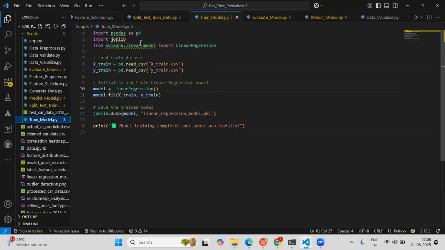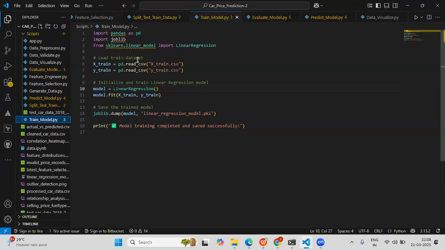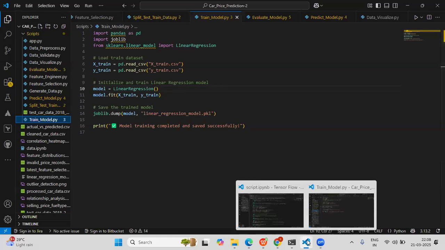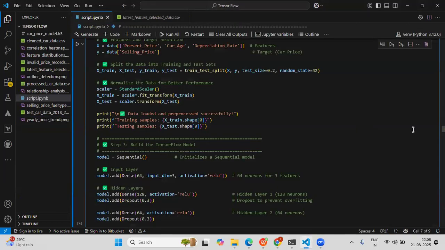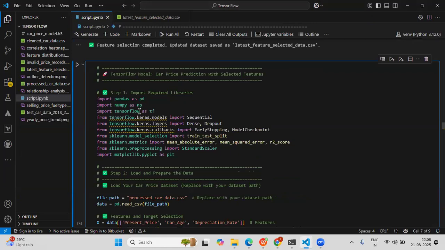Similarly, the same thing: importing the linear regression, training the data, and initializing and training the linear regression model. The same way we are going to see using the TensorFlow model also. Here, we are going to import TensorFlow for building the neural networks.